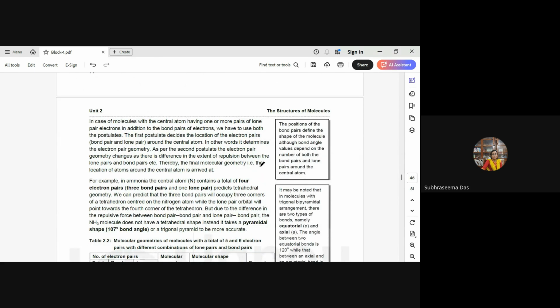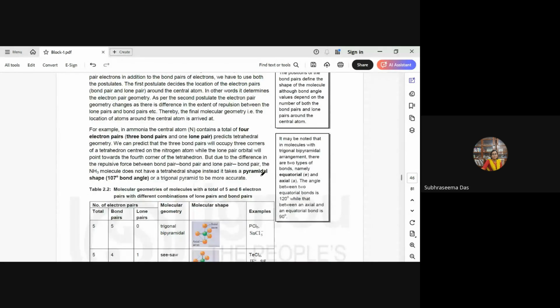Now, in the case of molecules with the central atom having one or more lone pairs of electrons, we have to use both the postulates. The first postulate decides the location of the electron pairs, that is, both the bond pairs and the lone pairs. In other words, it determines the electron pair geometry. But the second postulate changes the geometry depending on the type of electronic repulsion. So the final geometry is assumed by considering the location of the different types of electron pairs around the